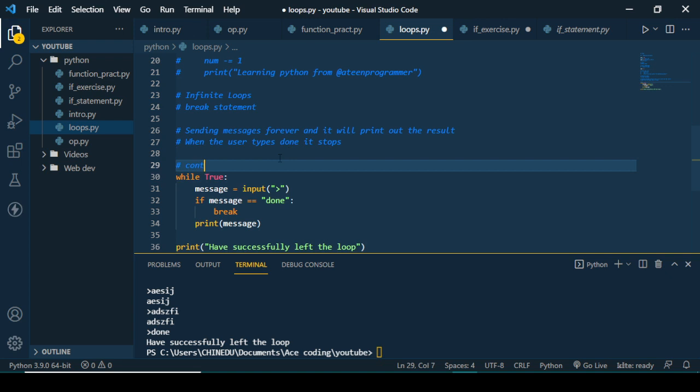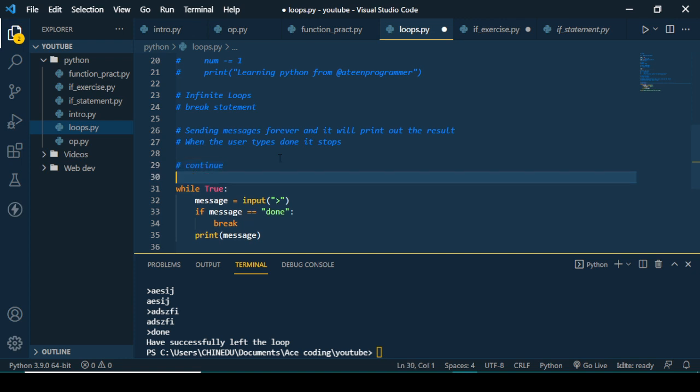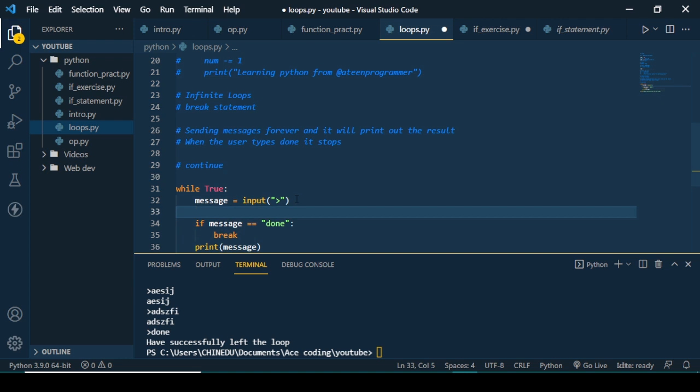So next we have continue statements. This is another thing that can actually help you make your code faster. What continue does is that if your code says continue, it's going to skip the remaining part of the code and then go back to the top. Now, how can we use this? So let's say in a situation